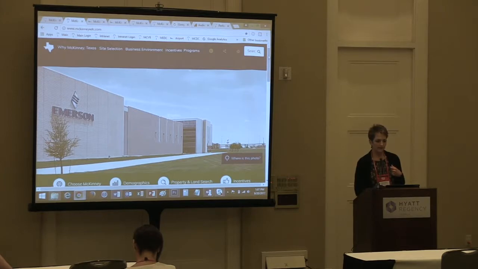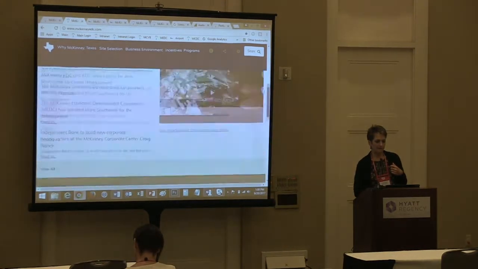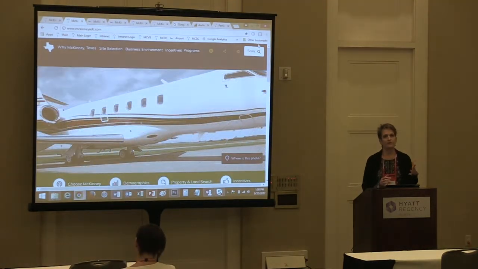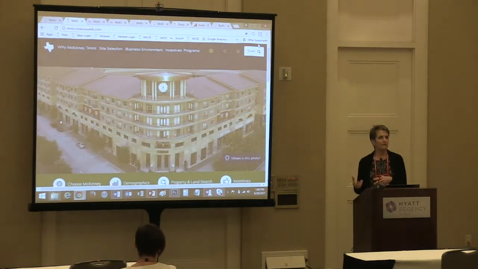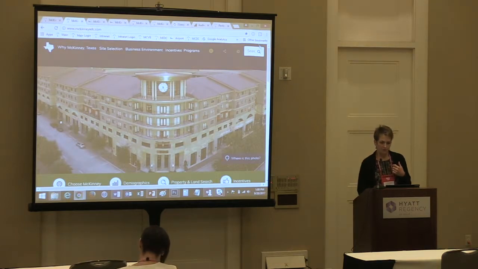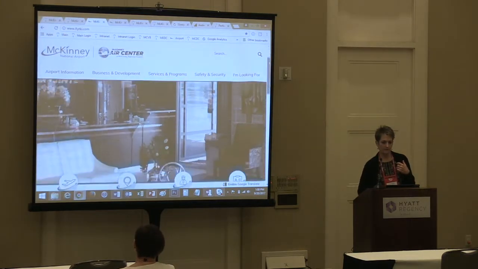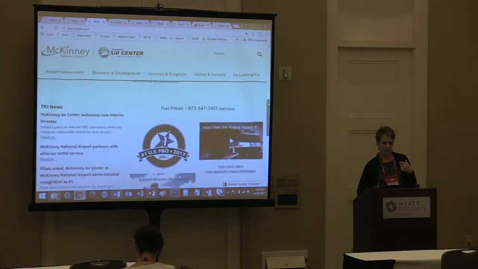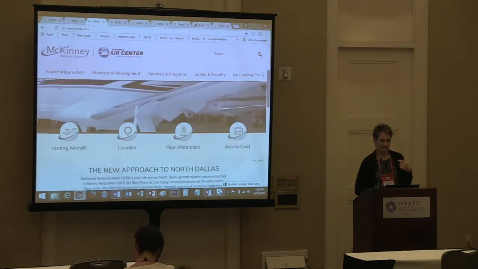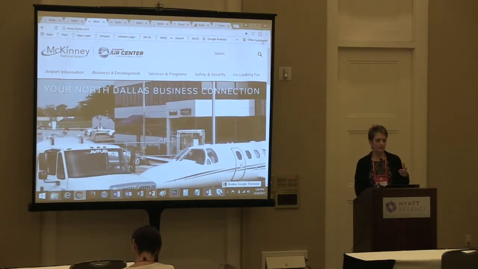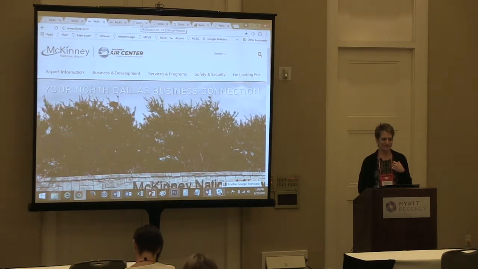So this is the Economic Development Corporation, and we've got some fast facts and so on. We tried to design all of these so that they're within the city branding, but they're all individual and they stand alone. So let's see, this is the McKinney National Airport. This is the third one. This one was launched at the same time as the main one. And we have a section also for the FBO, the place where everybody lands when they come to the airport.